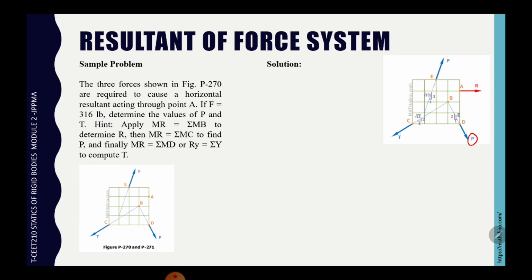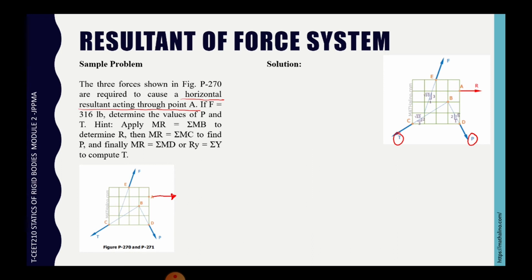So, si P and si T. And given the resultant, sabi dito, the horizontal resultant acting through point A, kaya nandito siya. Si resultant acting through point A. So, para makuha natin yung P and T,